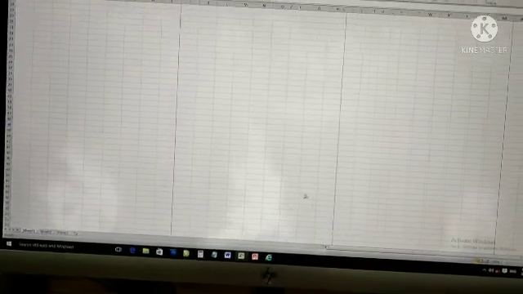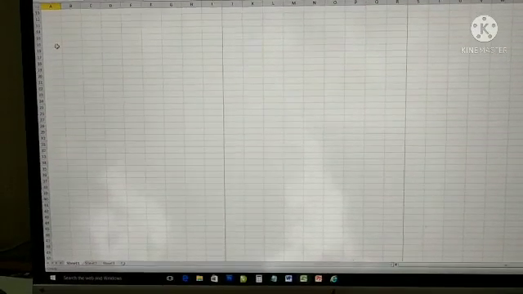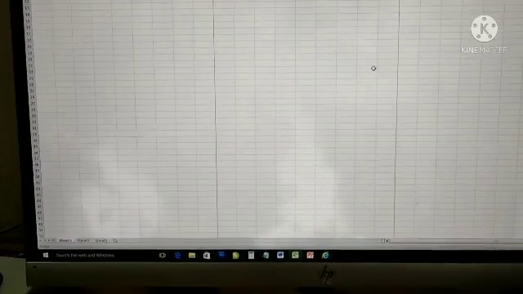A worksheet is the main area where you enter data and perform calculations. And the collection of worksheets is known as what? A workbook. Clear?